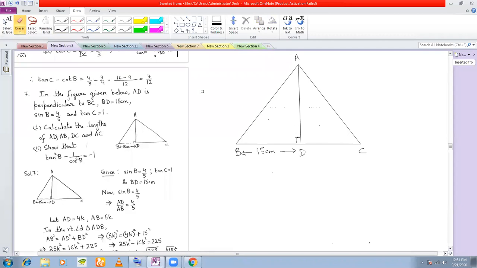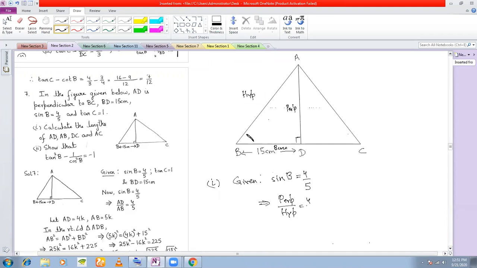With that in mind, we shall proceed. The first one is sine B is equal to 4 by 5. So given sine B is equal to 4 by 5. Now what is sine B? If you are considering this angle, then this becomes our perpendicular. This remains our hypotenuse. And this becomes my base. So what is sine B? From this right angle triangle, what can you see? Sine B is perpendicular by hypotenuse.